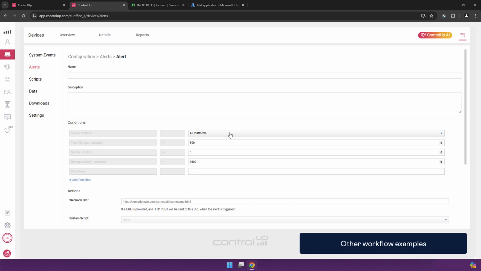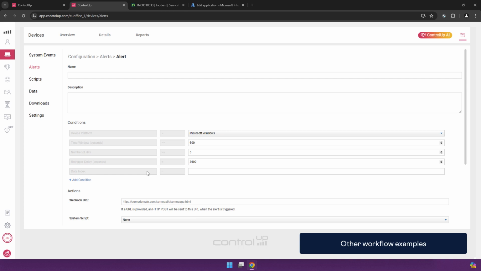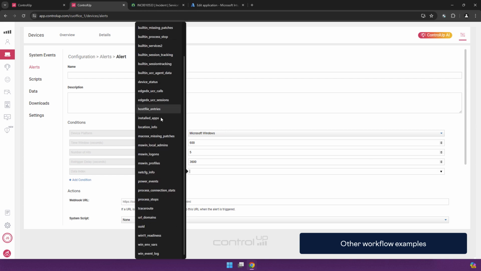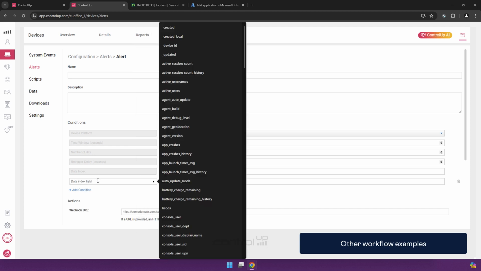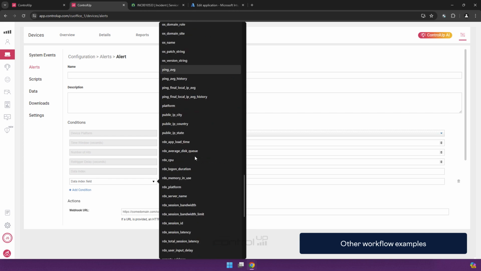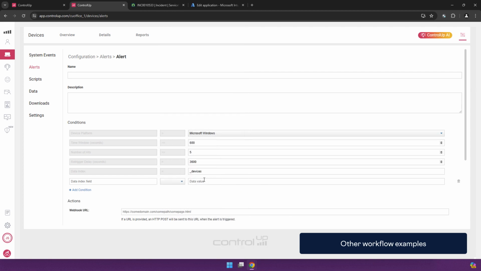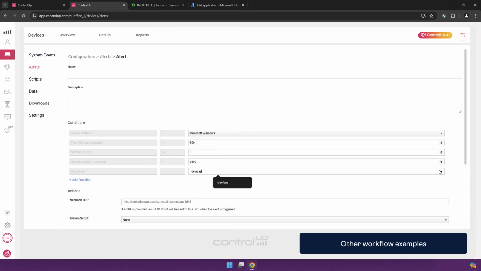Our alerting engine is extremely flexible. Obviously, it could be based on the operating system, but all the different indexes, either the ones that are built in, which have metrics and data points in them from, for example, the device, like CPU, memory, network, logon duration, all those kinds of things, or even custom indexes that can be created for any metric.